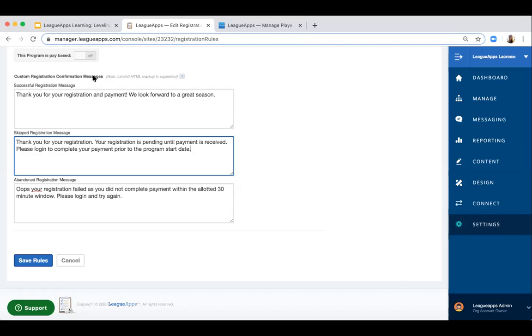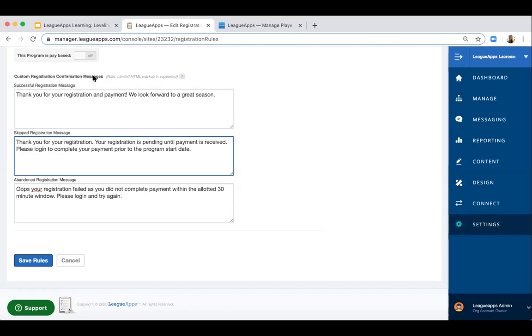So this really helps. I know it can be super time consuming when you're running multiple teams or multiple camps and you have games and practices and you have payments due at different times for different programs, and it would be somewhat impossible to manage all of that manually with email reminders.